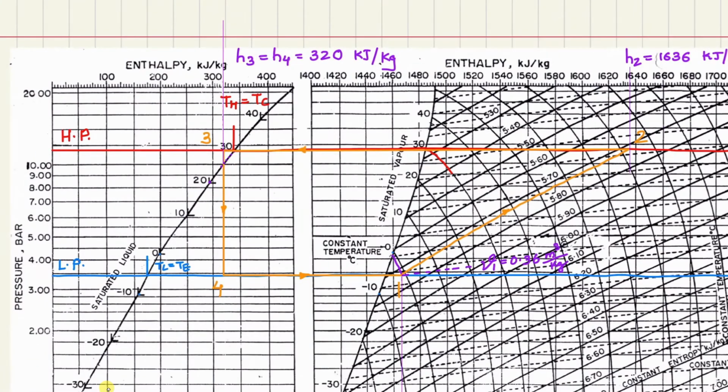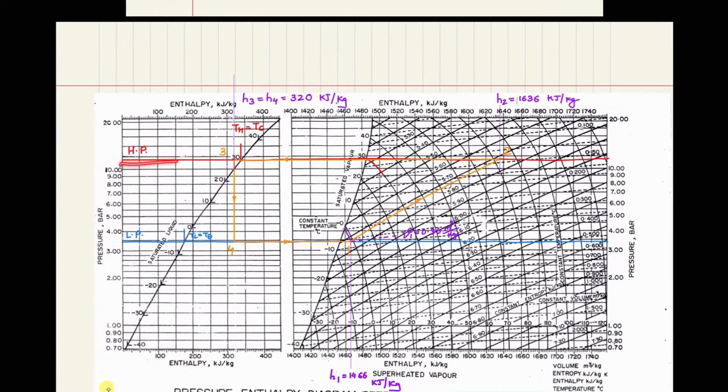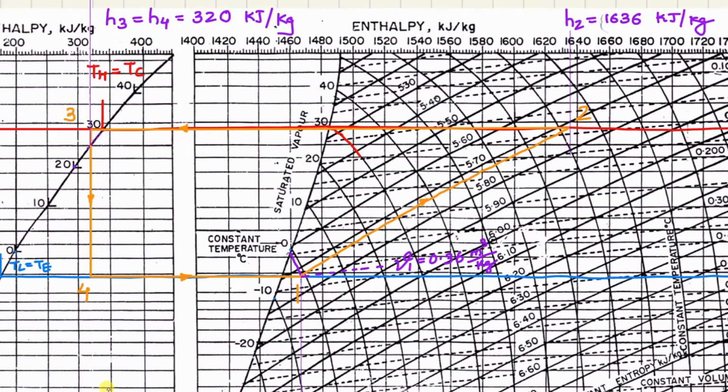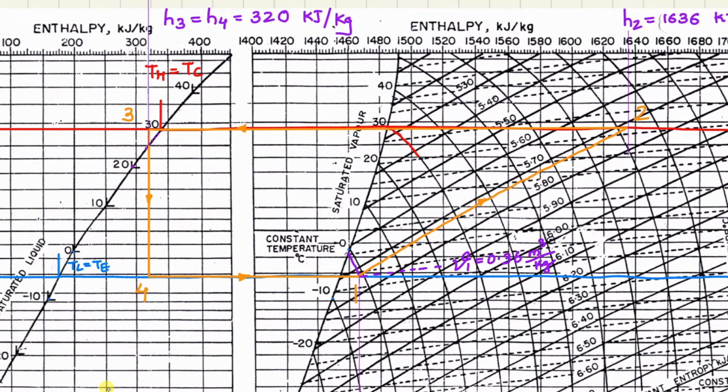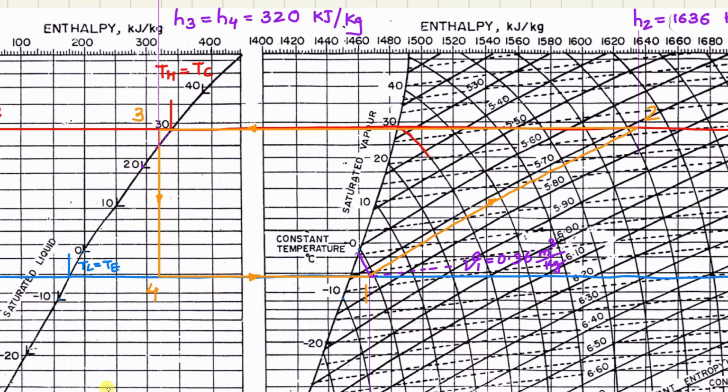Now after drawing the T high temperature and T low temperature, we have to draw the HP line and the LP line. It covers the complete chart. Here you can see. Then we have marked point 3. What about point 1? For point 1, superheating is given. Now for point 1, the saturation temperature given in the question is -5. It is superheated by 4. Okay, so -5 plus 4 is -1.